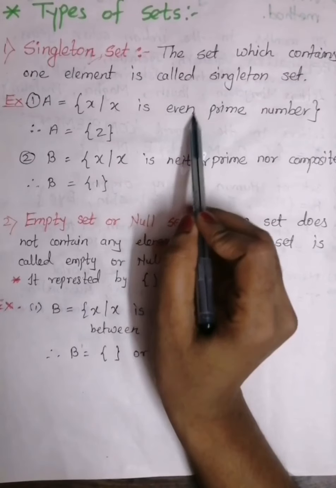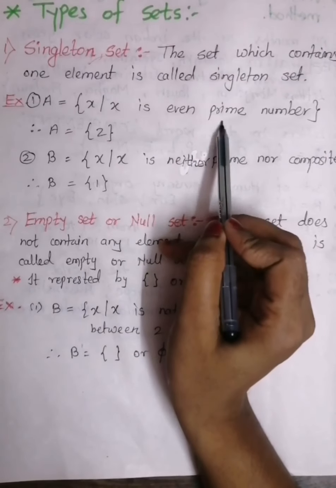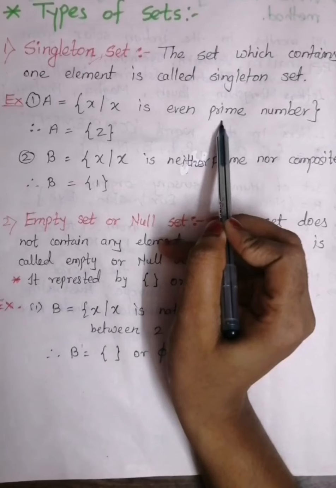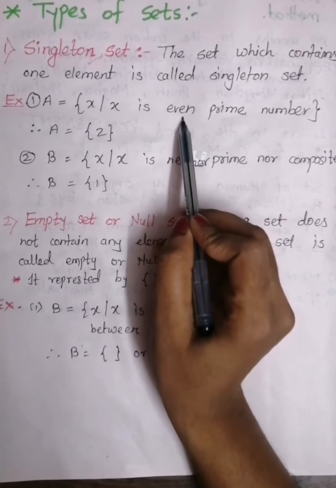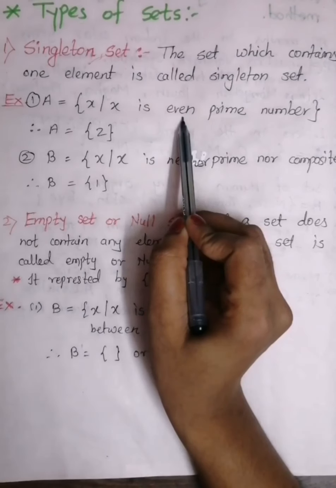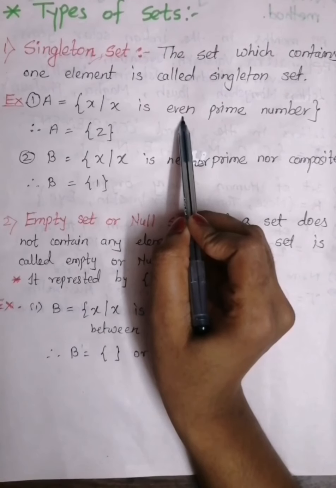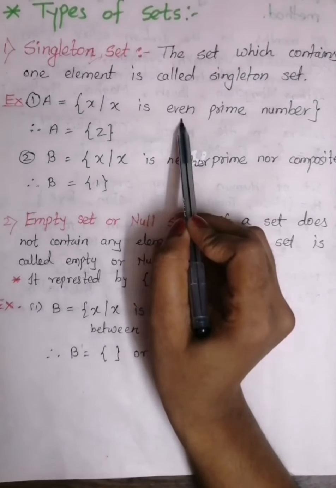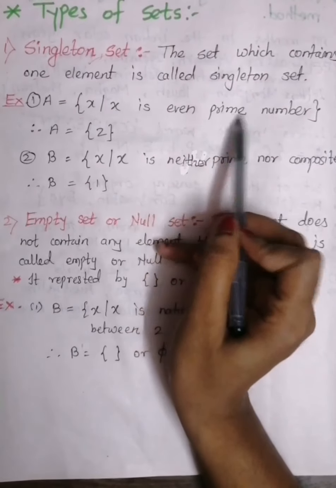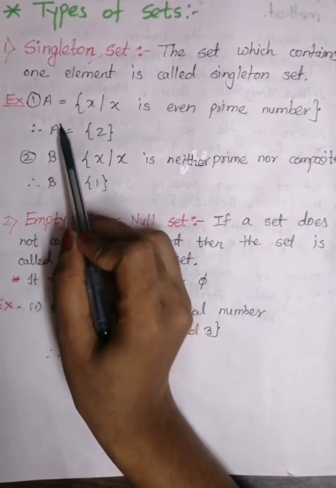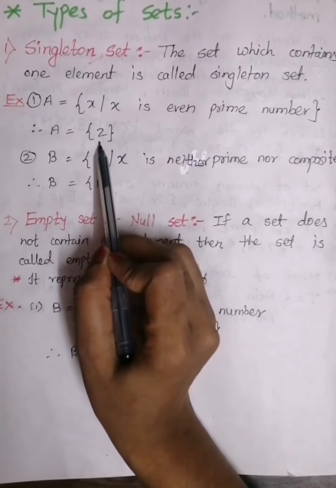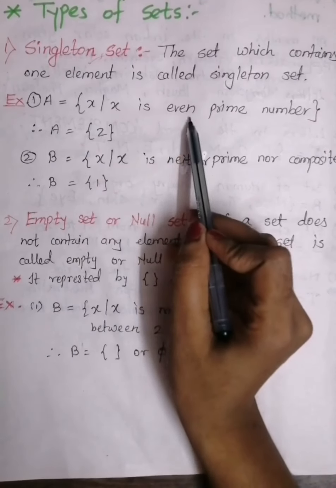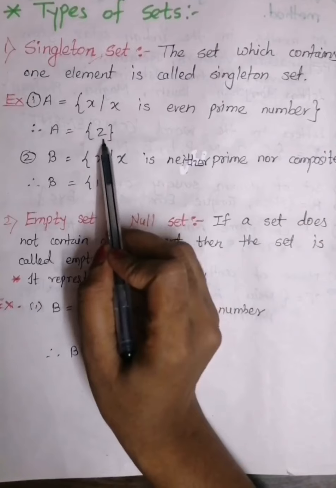But what do we call a prime number? Starting with this 2, and this is also starting with 2. A prime number is divisible by itself, and among even numbers only 2 is divisible by itself; the other multiples are divisible by many numbers. That's why we choose only one number, the even prime number. So set A equals the singleton set {2}. Only we get a 2, right? Always remember that the even prime number is 2.